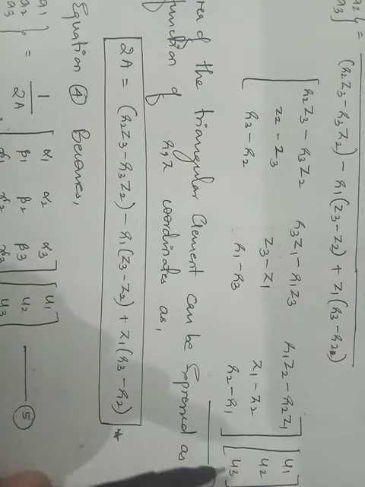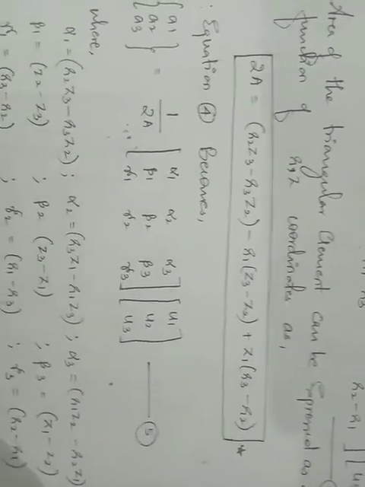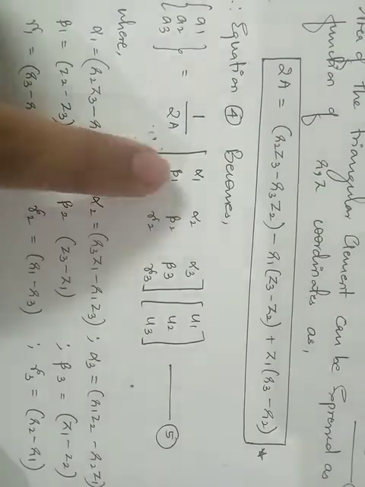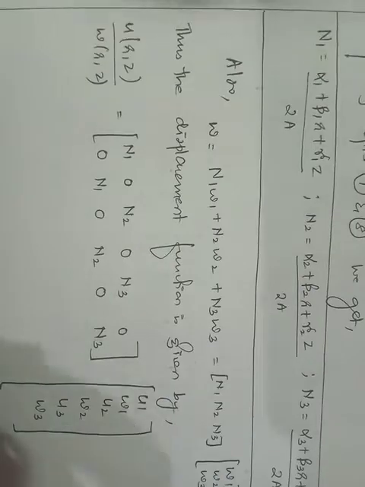And u1 u2 u3, I'll keep it as u1 u2 u3 only. I am not making any of the changes. So your simplified version will be like this, and I have just written what is the value of alpha 1, alpha 2, alpha 3 in each of the cases, right? Now once this is done, the next step would be